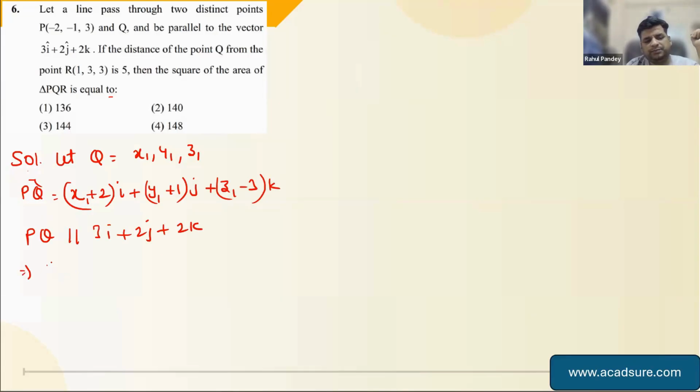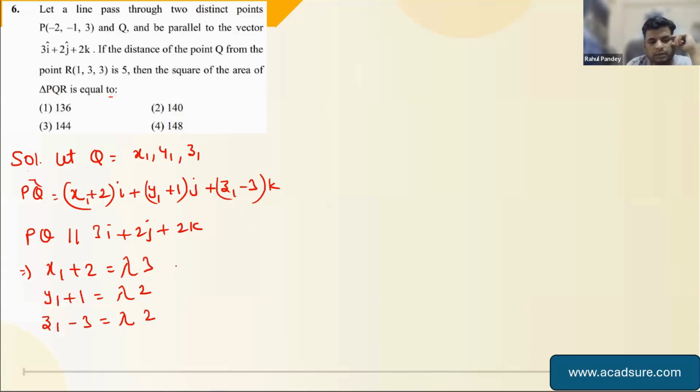So I can say that x1 + 2 will be equal to 3 lambda, y1 + 1 will be equal to 2 lambda, and z1 - 3 is equal to 2 lambda. So x1 can be written as 3 lambda - 2, y1 as 2 lambda - 1, and z1 as 2 lambda + 3. And the distance of the point Q from R(1, 3, 3) is 5. So as per the distance formula,